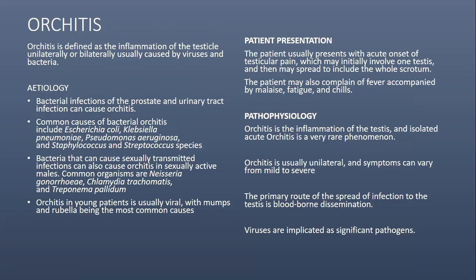Yes, the next slide is all about orchitis, which is the inflammation of the testicle, either unilaterally or bilaterally, usually caused by viruses like mumps or bacteria like gonorrhea, Escherichia coli, and Klebsiella pneumoniae. Bacterial infections that happen with the prostate and the urinary tract can also cause it. It's usually in young patients; as I told you, mumps is viral, and rubella can also bring in